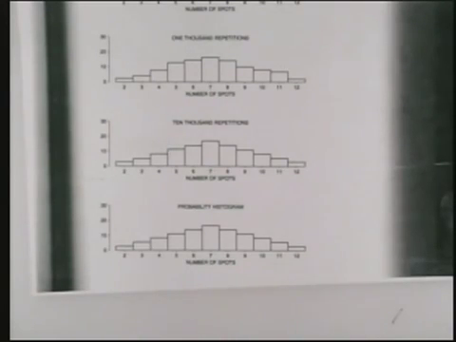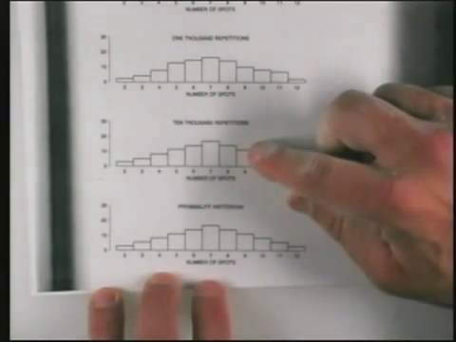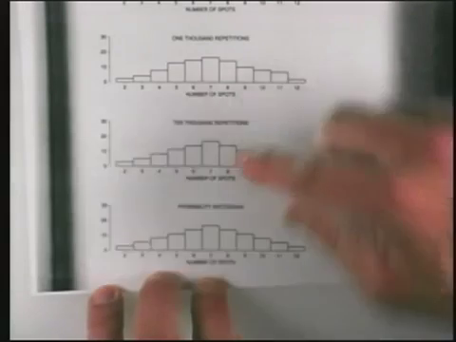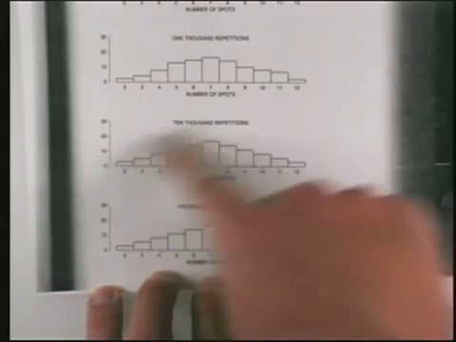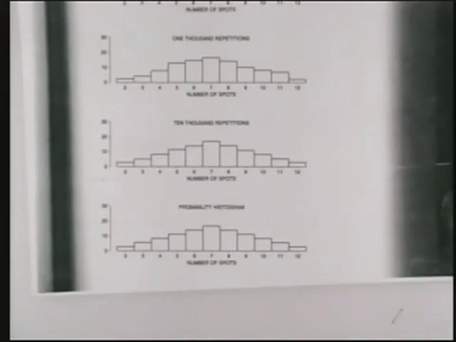So the law of averages tells us that if we roll 2 dice over and over again, in the long run, the area of any particular bar should get closer and closer to the area of the corresponding bar in the probability histogram. So the proportion of 9s in 10,000 repetitions should be very close to the probability of 9 in the probability histogram. Okay? You can think of this as each bar representing a proportion. In the last one, each bar represents an actual probability, right?